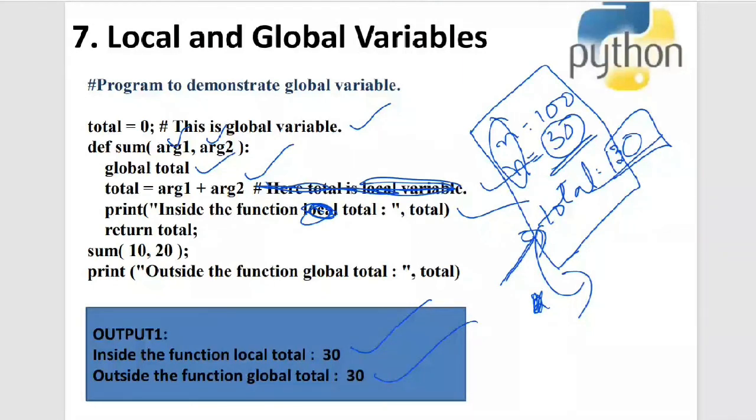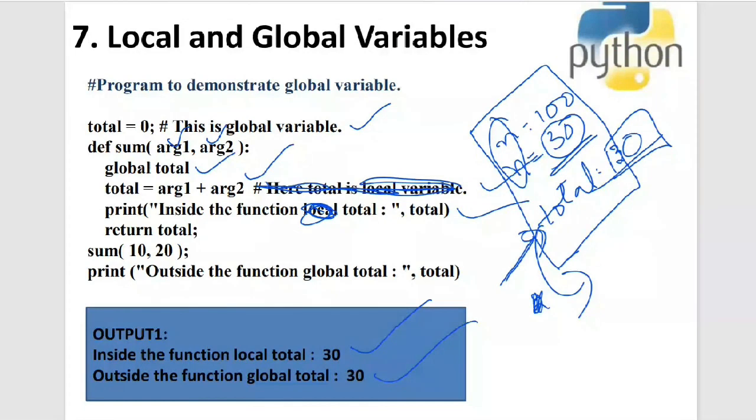But you can have the same names for the local variables and the global variables. Because of the scope: as soon as it enters into the block of the definition of the function, it will only see the variables that are within the function. So that's why the name conflict will not come over there. It will only see the variables that are inside the function. So the name conflict, even if it is having the same global variable name, is not a problem.